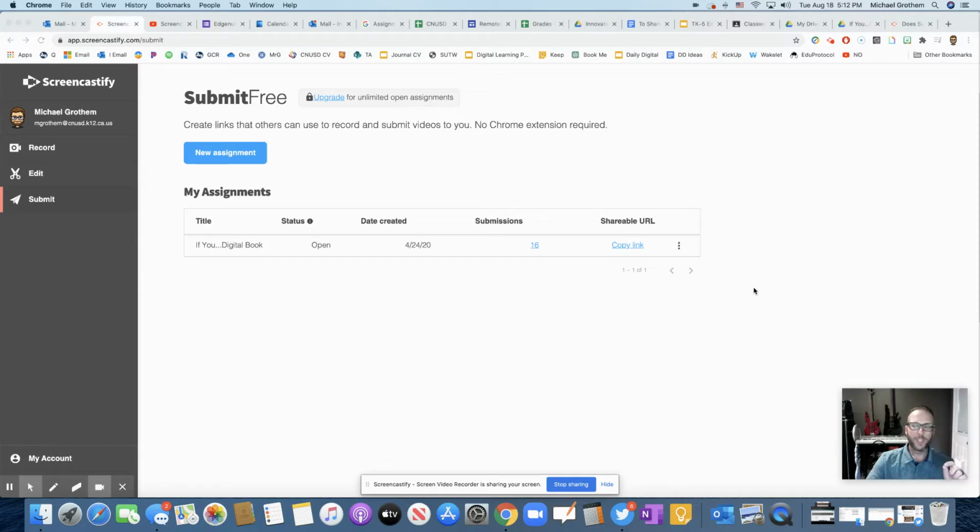But Screencastify, that's what I'm using right now to record my screen. But did you know that just today there's Screencastify Submit? So your students can submit a Screencastify to you. So you could make an assignment. Yes, you could have that assignment in Google Classroom, and then students could just, with a click of a link,